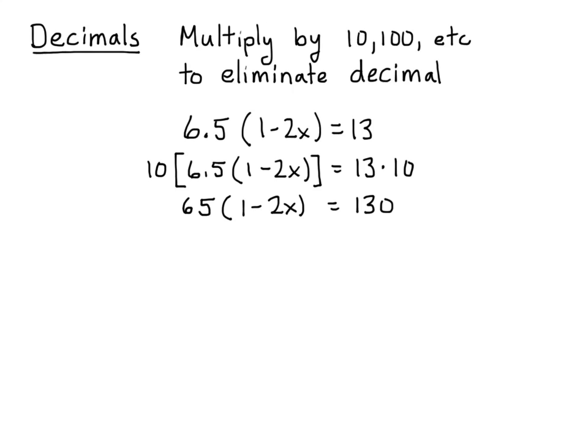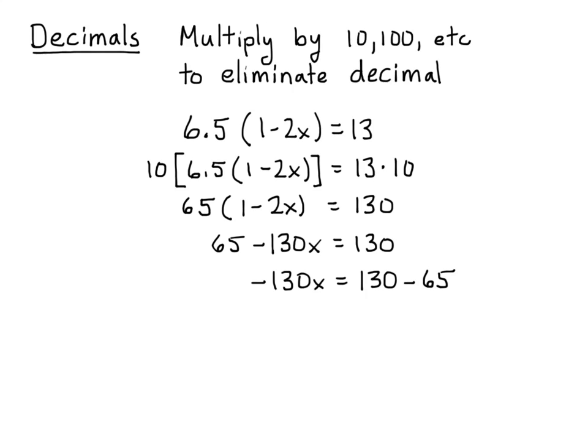Okay, so don't multiply things more than they need to be multiplied. So we end up with this 65 times that factor equals 130, and now we expand it, and we subtract 65 from both sides, and simplify that, and then we divide by 130, and we reduce that